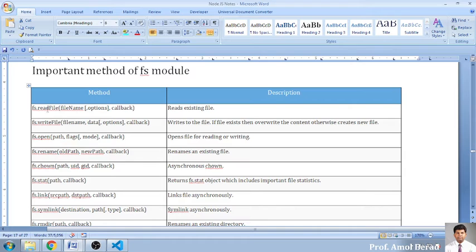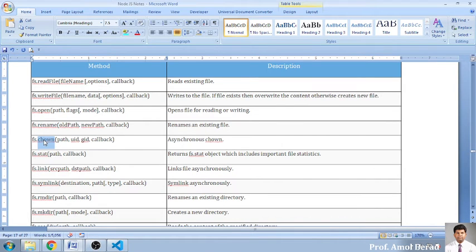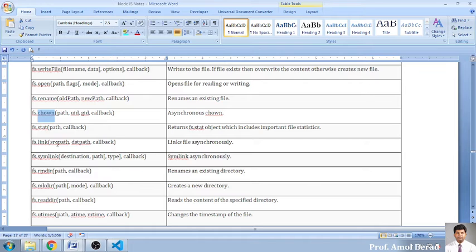And finally, I want to talk about the different functions which are there in just a single glance. Read file will be reading, we have already used this one. Write file will be directly writing into the file. Open is the very systematic way of opening a file. You can rename a file also. You can change the owner of a file also. If you want to change the owner, the chown function is used to change the user or the person who has created the file.